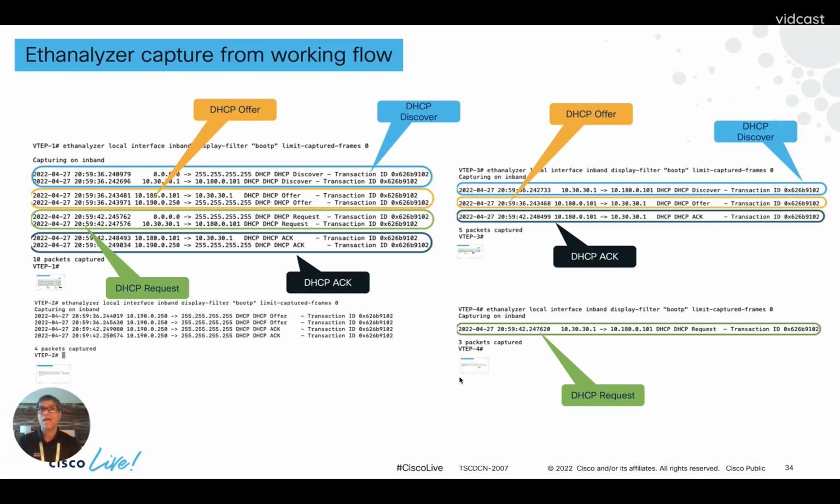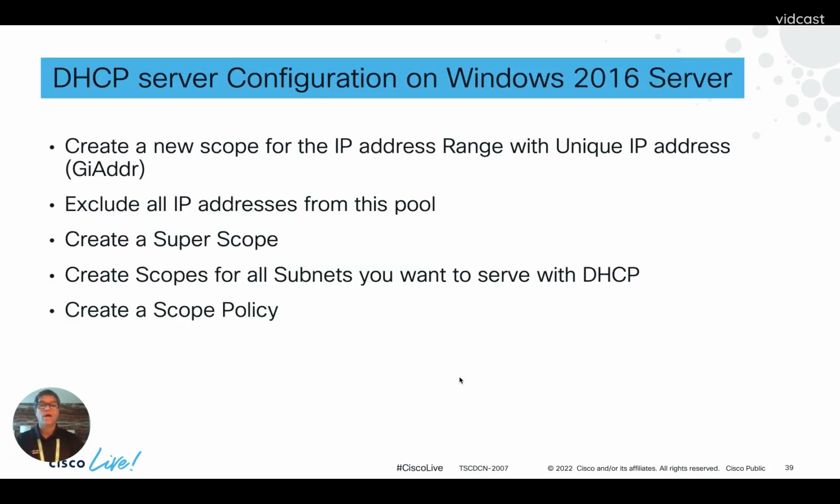Now, if any of the configuration on the DHCP server is incorrect, the DHCP server will send a negative acknowledgement. And if you get a negative acknowledgement, there are a couple of things you might want to go back and check on the server or ask your server team. For that, I have one more slide which shows you the minimum configurations that are required when we configure a Windows DHCP server for a VXLAN based network, right? So the example I'm discussing here is for